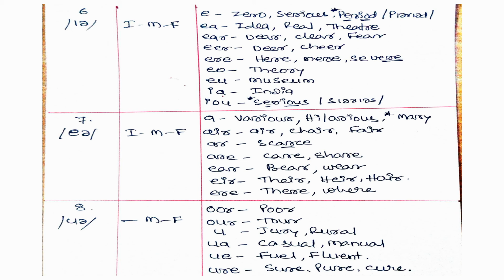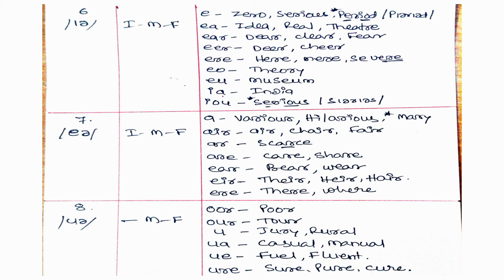CHEER, it is not cheer. Two mistakes we make as far as the pronunciation of CHEER is concerned. One is we pronounce this double E as E and we pronounce the end R. No, the end R should not be pronounced and the double E is not E, the double E is ER. So that's why it is cheer. That's all. Say after me. CHEER. Cheer.